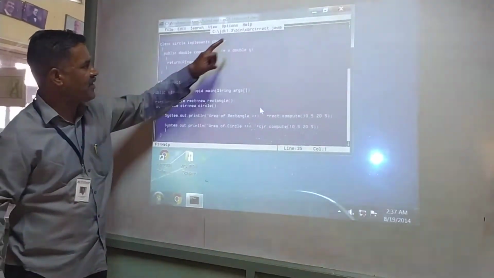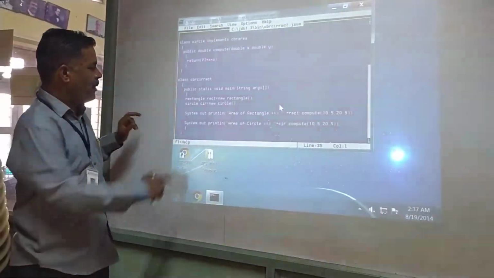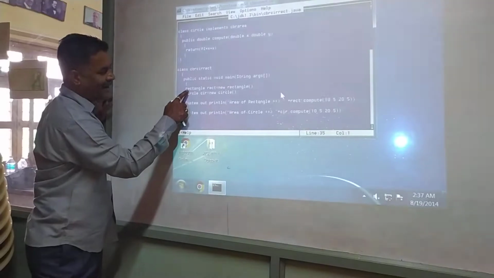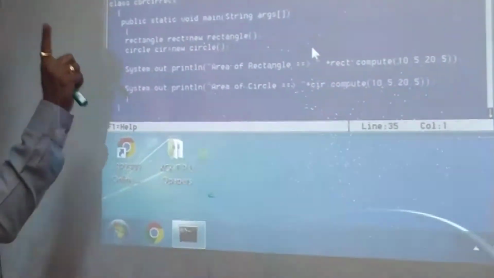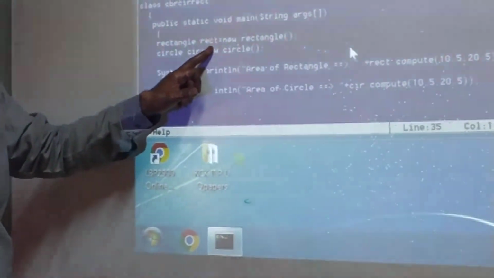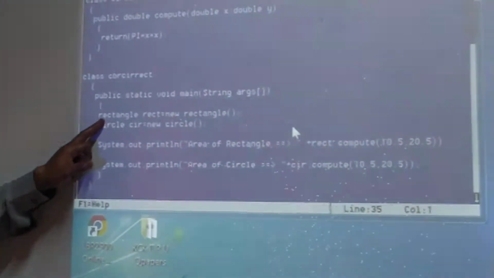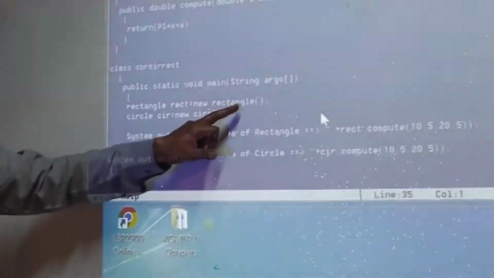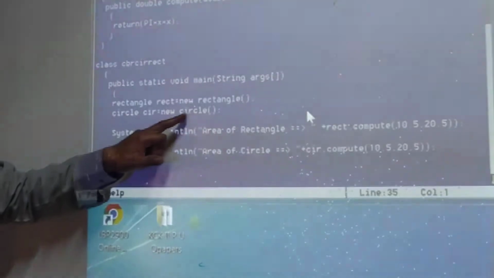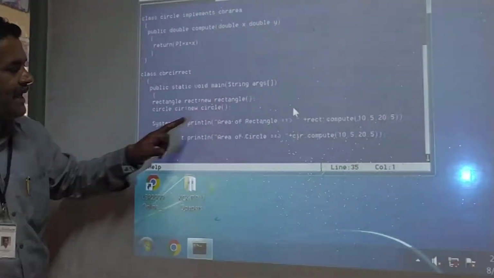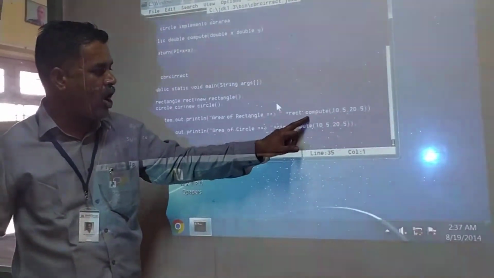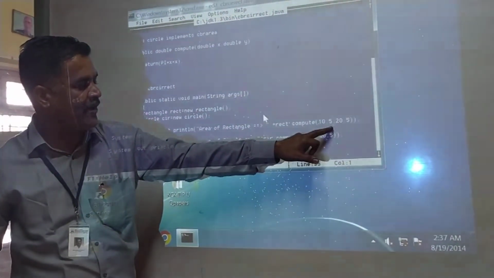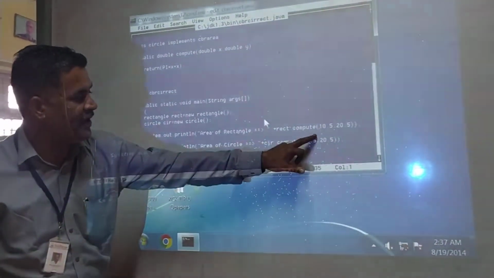That's why the file name is given the same. Public static void main. Rect is the object, used for the constructor. Automatically, new circle, and directly rect dot compute 10.5, 20.5, two variables.